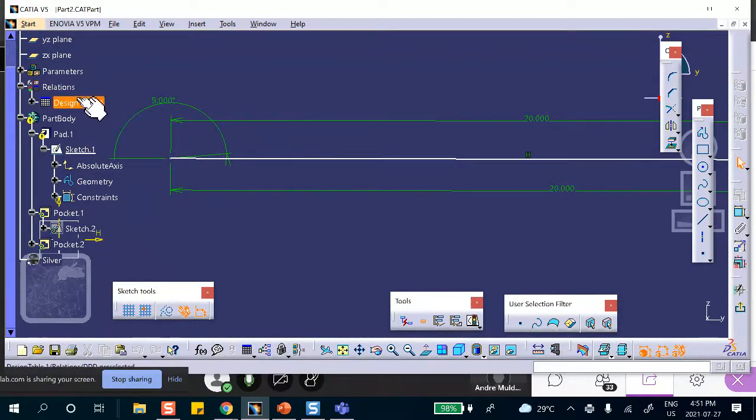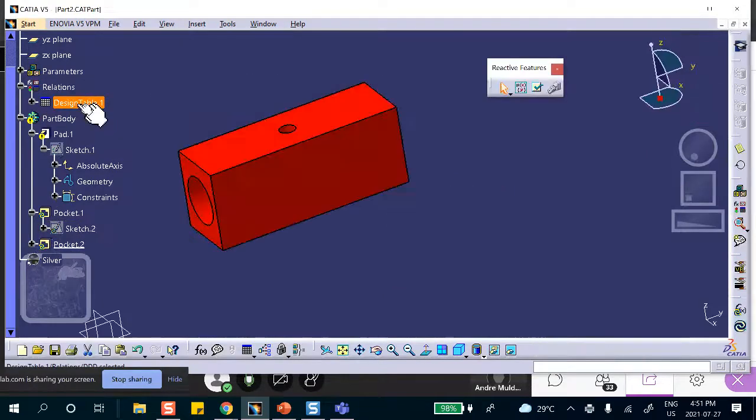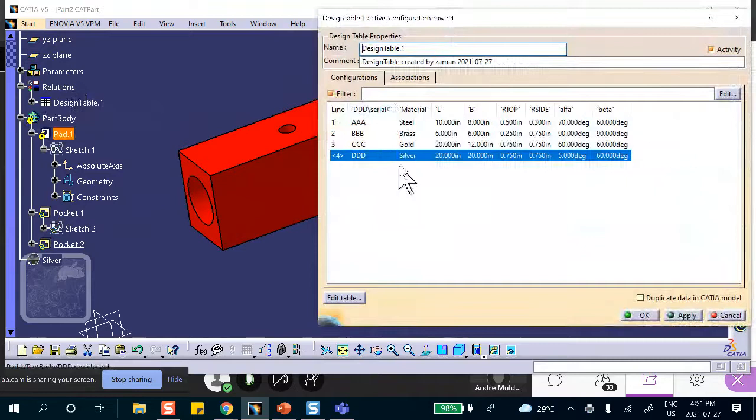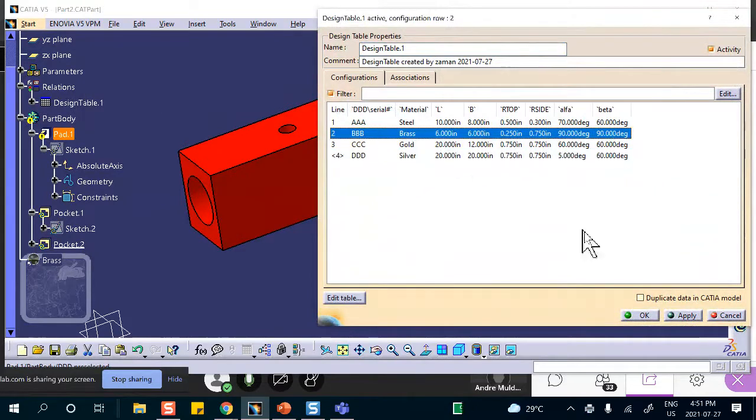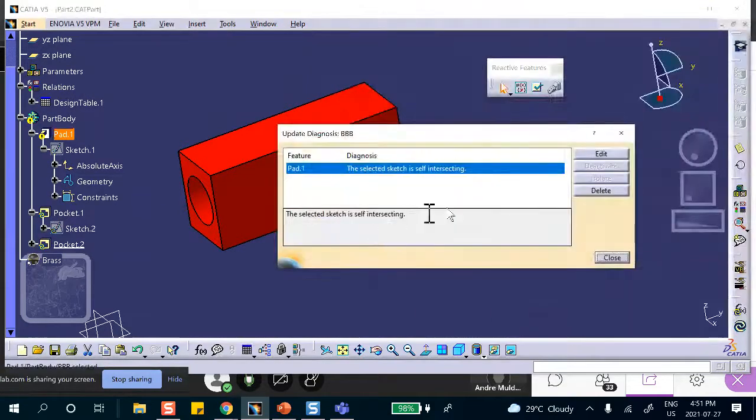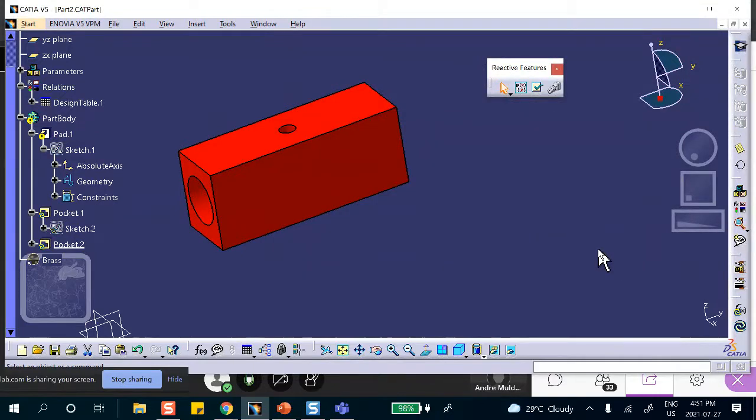But first of all, if you want to access your design table because you closed it, it's in your tree, right there. See that? It's under relations. If you double click on it, the design table opens up. Let me go to another row, obviously this one was garbage. I closed the table and opened it, and it showed up. It didn't show up until I closed it and reopened it. Okay, listen. If you just hang around for a minute, or look at your screen and see what happened. Okay. Are there any other questions? Because I want to make